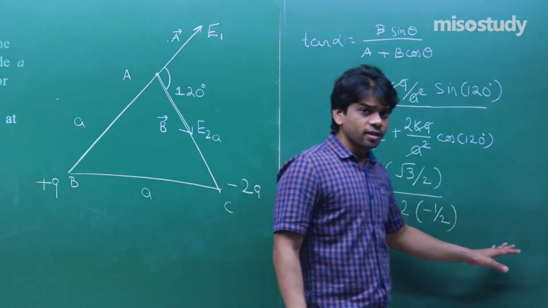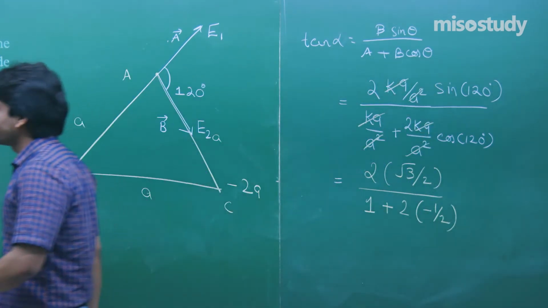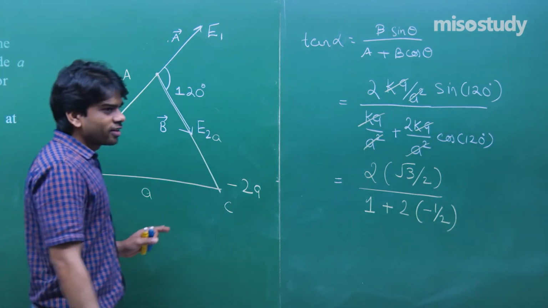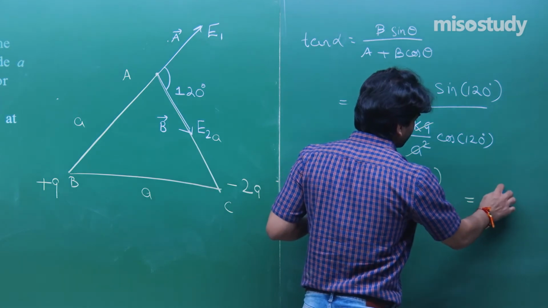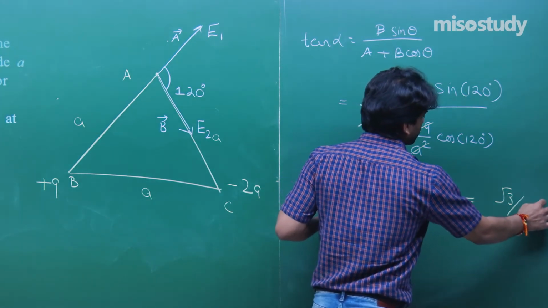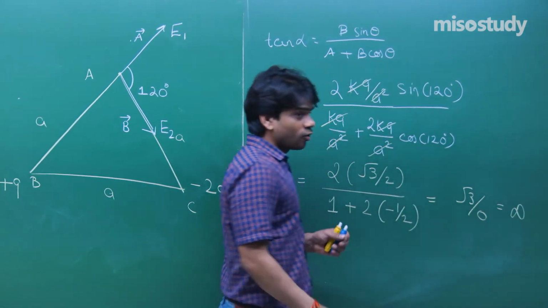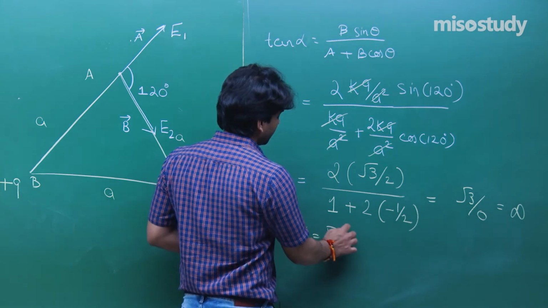What to do? Take note till here. Let me just refer to the question. Take note till here. So I believe you have already calculated the angle. It was not too tough for us to make out. See, this will give you root 3 divided by 0. So this is undefined. Tan of an angle that is undefined, so that alpha will be 90 degrees.